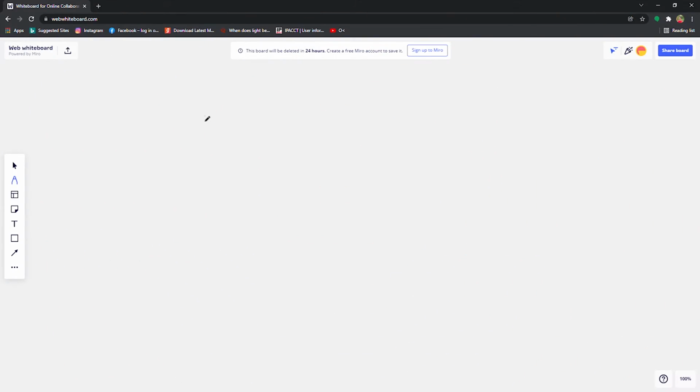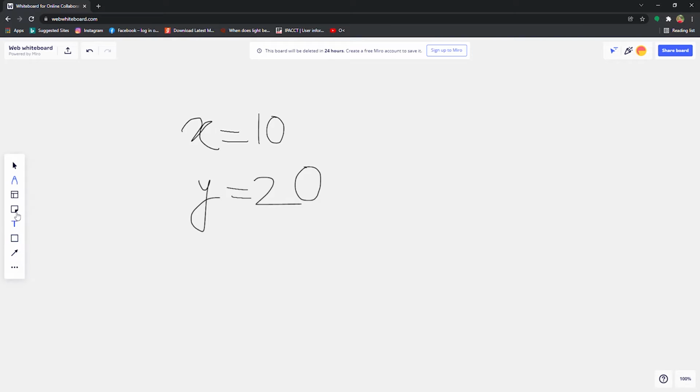So we have come to our computer screen. Now, our first topic is: what are variables, right? Where have you learned variables first? Obviously in algebra, in mathematics, right? There the examples of variables are like x equals 10, y equals 20, like this. These are examples of a variable in maths, right?